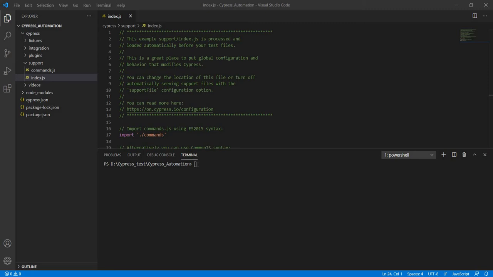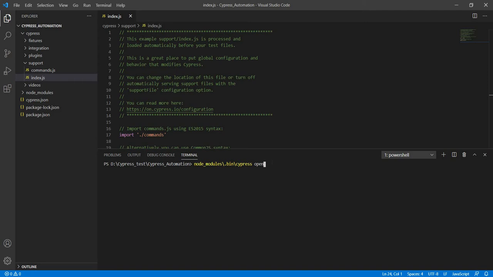Okay, now I am going to run my Cypress test case. What is the command we are going to give? node_modules/.bin/cypress open. So this is the command for executing the Cypress test case. After hitting this command, the Cypress runner will open. There only we are going to run the specific test case, right?